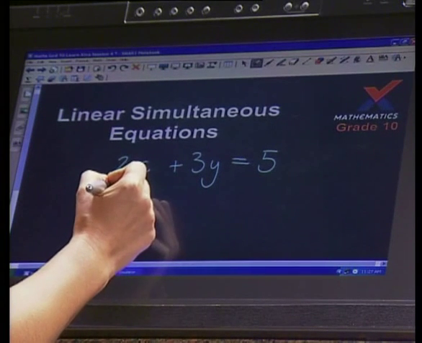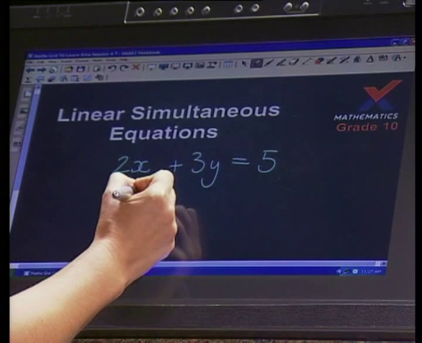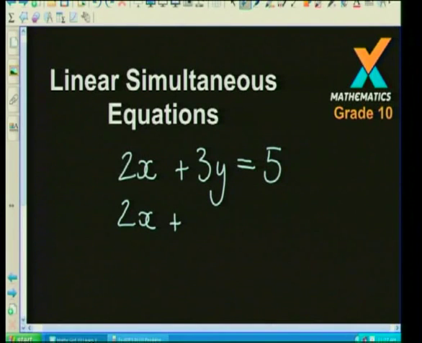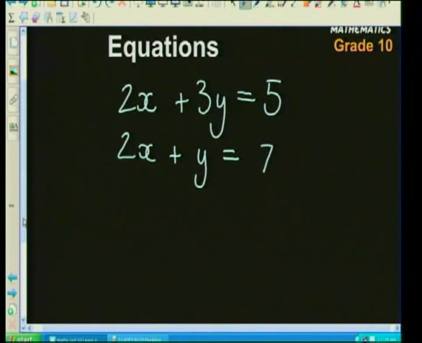However, if I were to introduce a different relationship between the two, so I would say, yes, 2x plus 3y does equal 5, but also 2x plus y equals 7. Now I'm able to figure out what x is and what y is by using different algebraic methods. And there are two methods that we're going to focus on. There is solving by elimination,